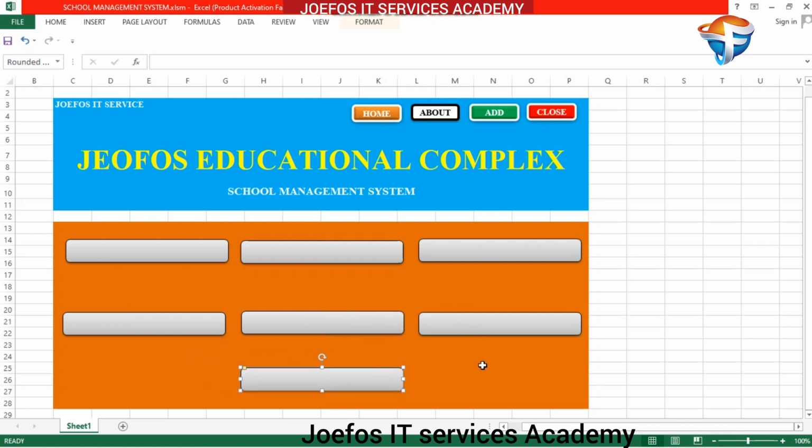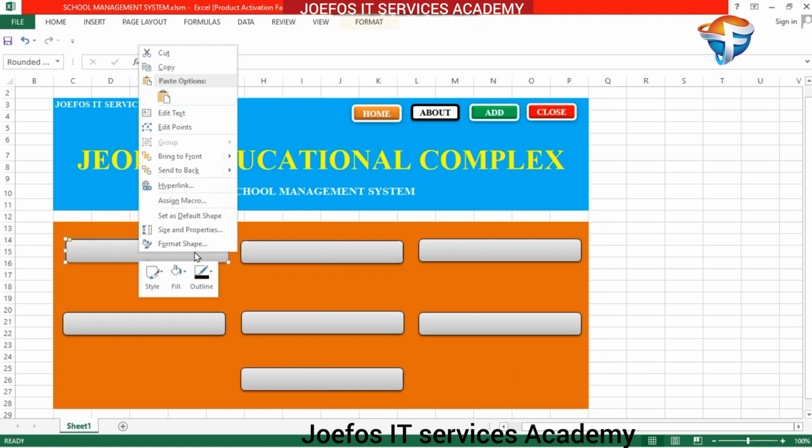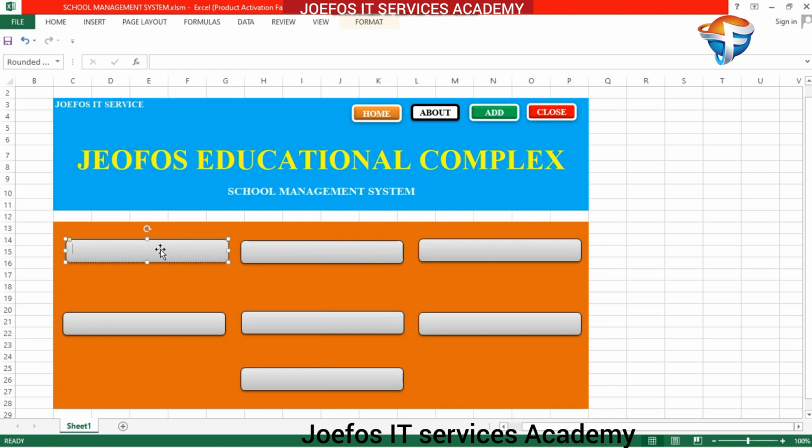Now we are going to give all these buttons a name. We are going to give all of them a name that can help us to be able to locate the particular information that we want from our school management system. So this button is supposed to help us to add and check students' data. So you right click on the button, then you come to edit text. So add and check students' data